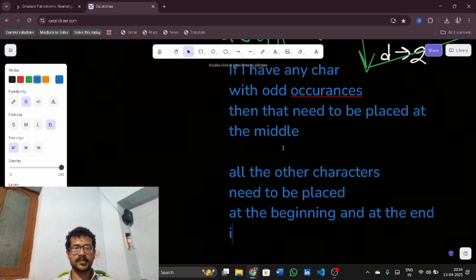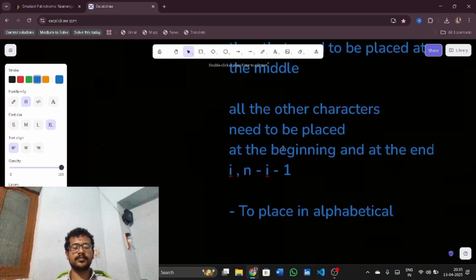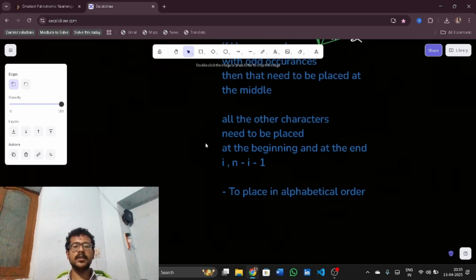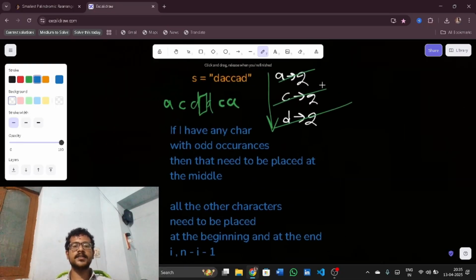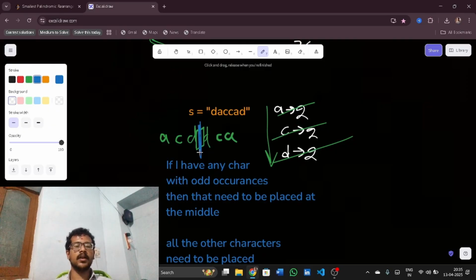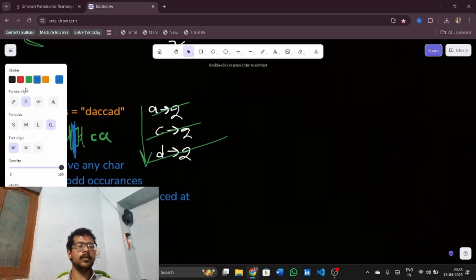That means if I place it at index i, I also need to place it at n minus i minus 1, where n is the size of the string. Now I also need to consider placing in alphabetical order. Even so, you can go through only constructing half the string. So the algorithm for this code will be,